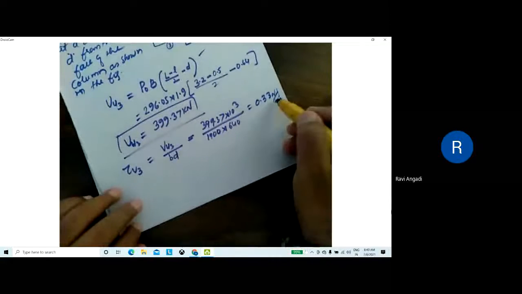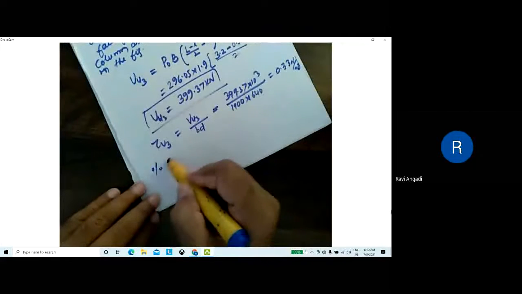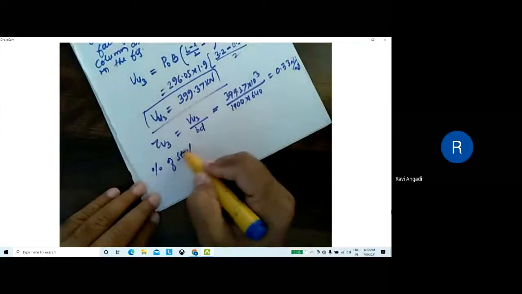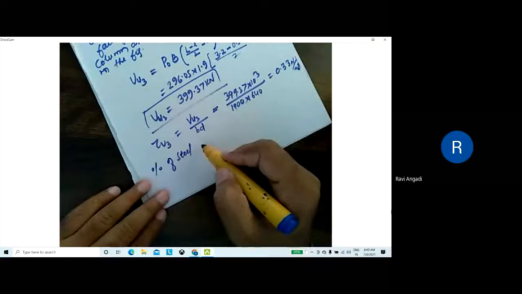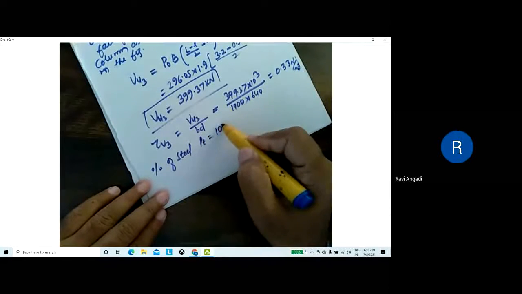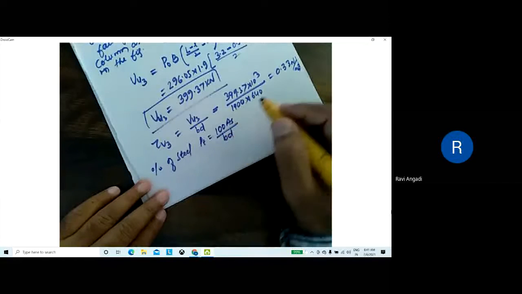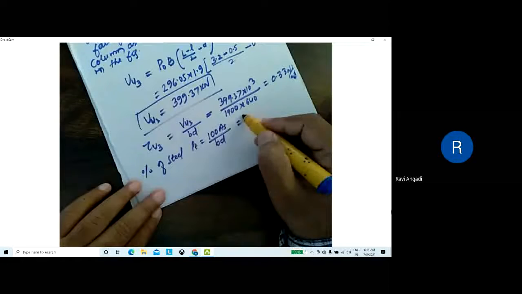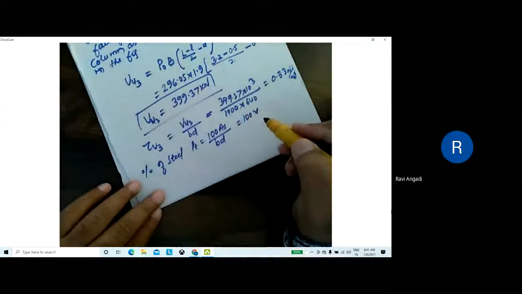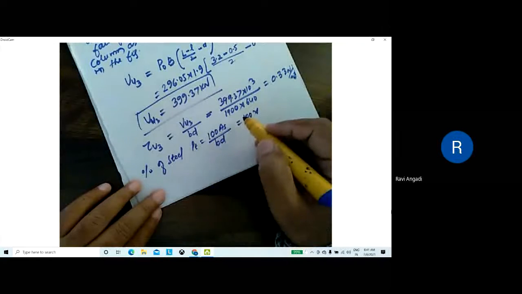Then calculate the percentage of steel. Percentage of steel, that is PT, will be 100 AS divided by B into D. So 100 into what is the actual AST provided? How much was it? Check the previous step.